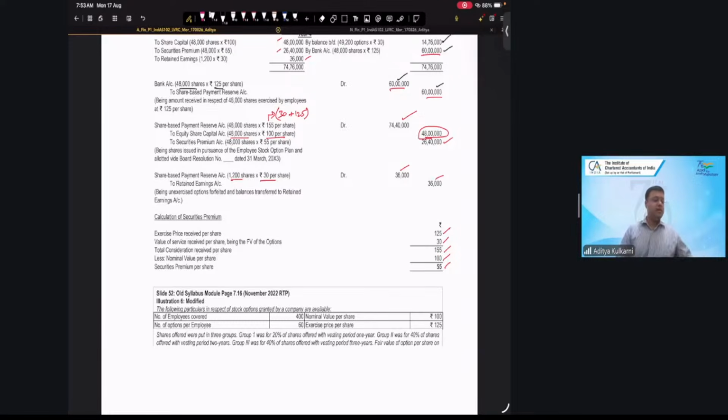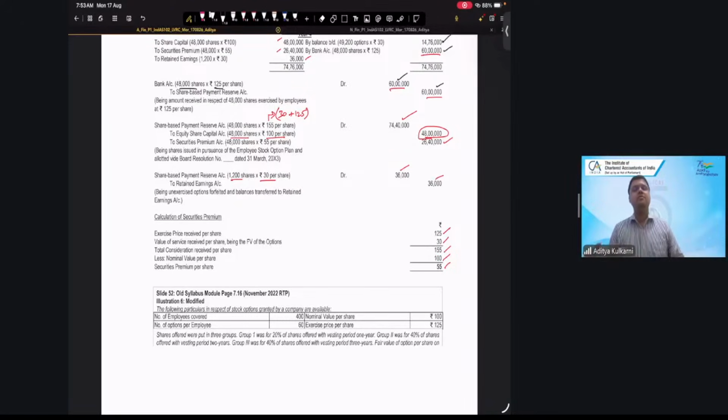Next, we have a concept known as graded vesting. Normally in share-based payment plans, you come out with options to be paid in 3 years, 5 years, etc. You have to remain employed with the company. That becomes difficult in a sector like information technology, where attrition is high and burnout is high, so they expect compensation also to be high. So in such cases, instead of waiting for the complete 3 or 5 years,